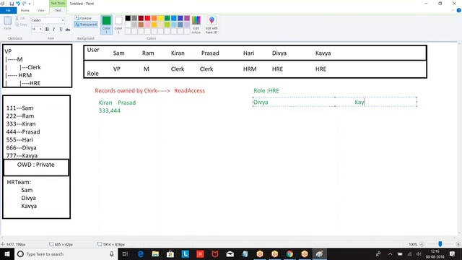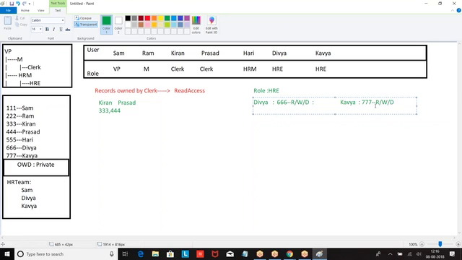Divya, on which record does she have access? 666, because Divya is the owner of the record. Kavya can see 777.